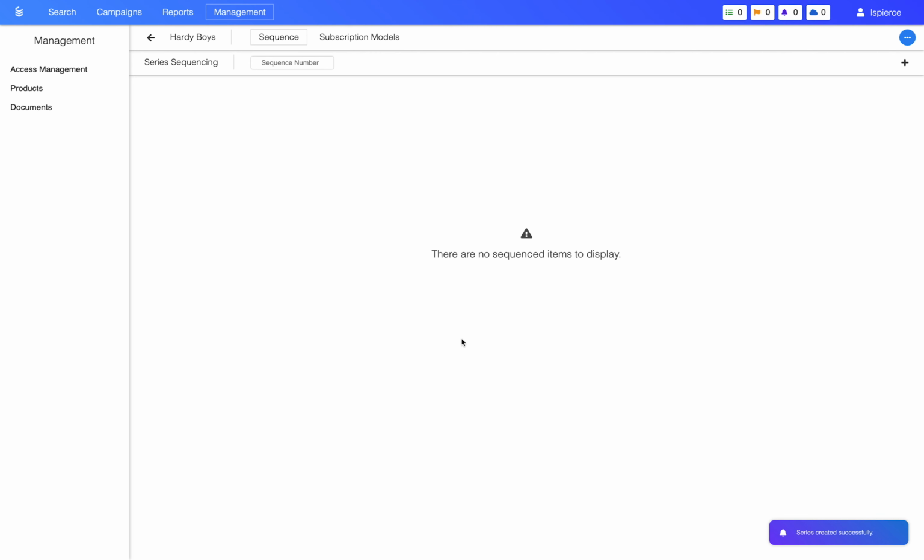There are two tabs, the Sequence tab and the Subscription Models tab. Series are set up as an ordered list of variants. Series are the core of the subscription system in Daemon. Any subscription will be a subscription to a series, and the list of items a subscriber receives is determined by